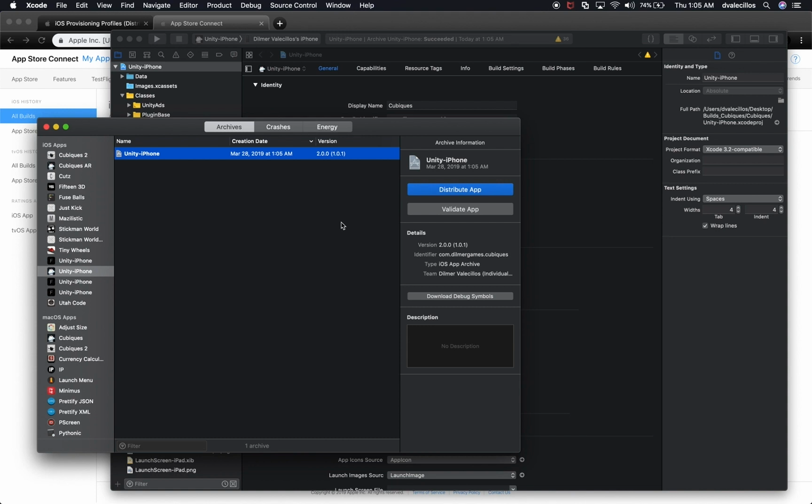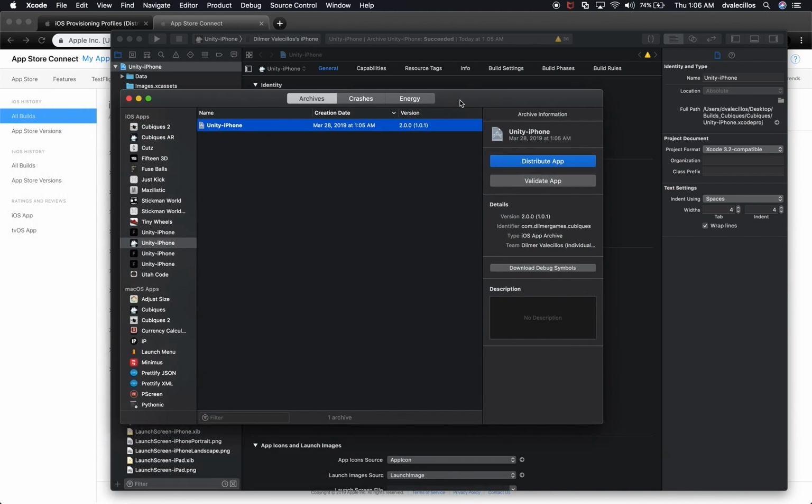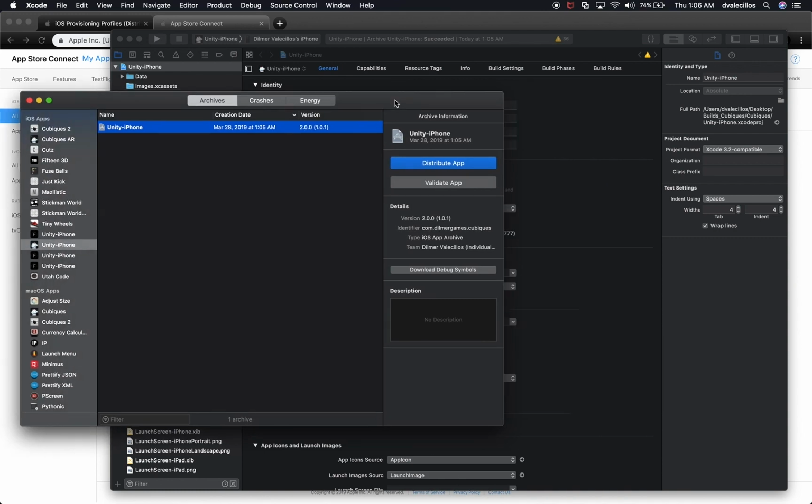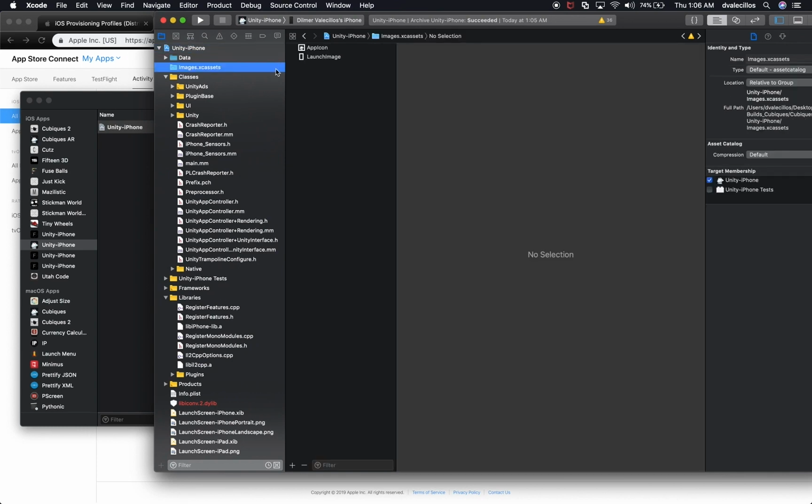Now the game is being signed. We built it for iOS, iOS universal. So now if we need to distribute it, we can click on distribute. If we want to validate it just to see if we have everything that we needed. One thing that we didn't check is if we had all the images that we needed. One way to check is to go back to Xcode, then go into images and then XC assets,